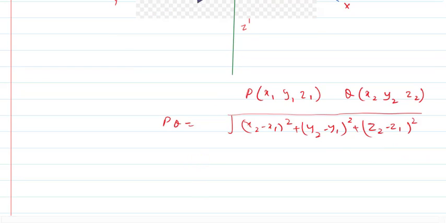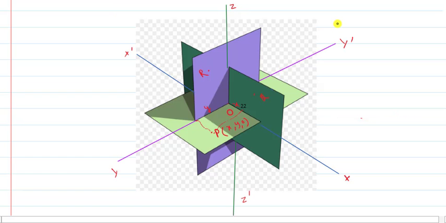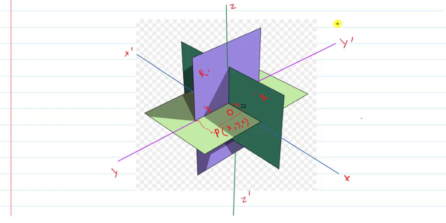Next, I hope that you are well aware of the section formula that we have studied in vectors also. I want to make one thing clear over here, that before starting this chapter, you should be very clear with the concepts of vectors, because we will make use of vector algebra over here in three-dimensional geometry.